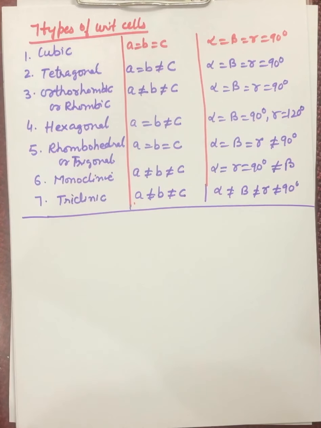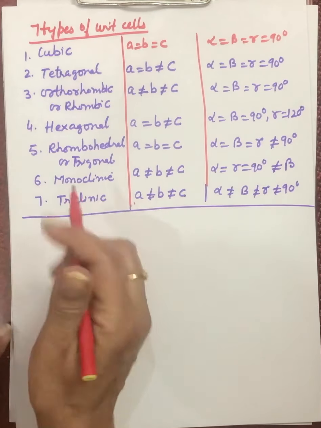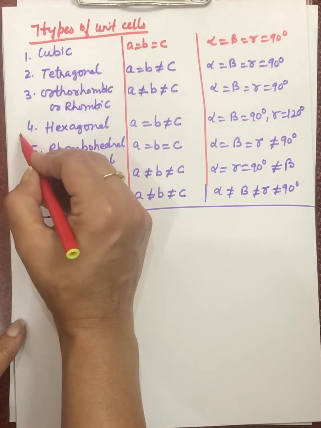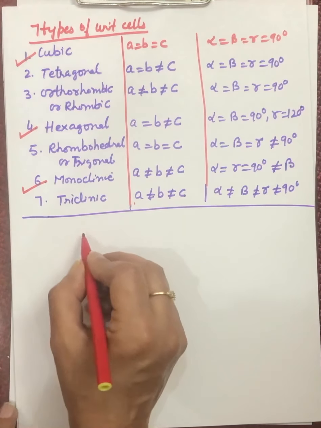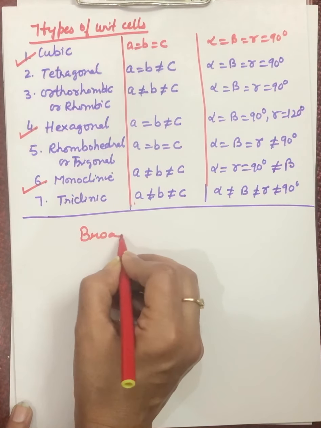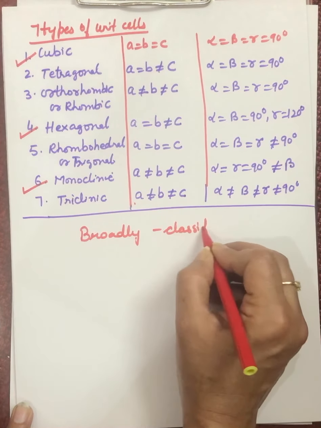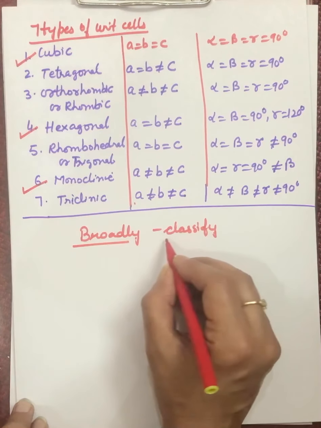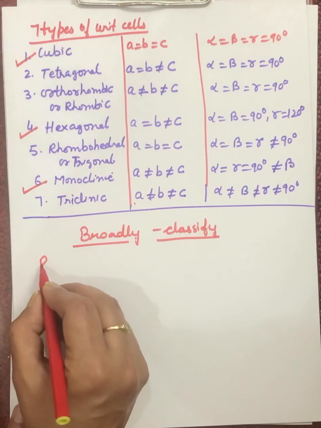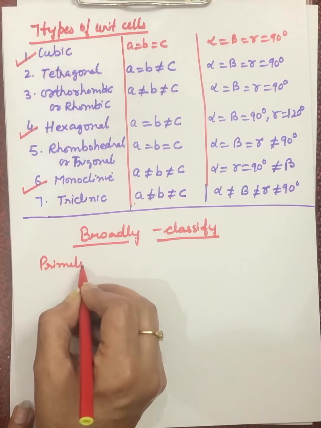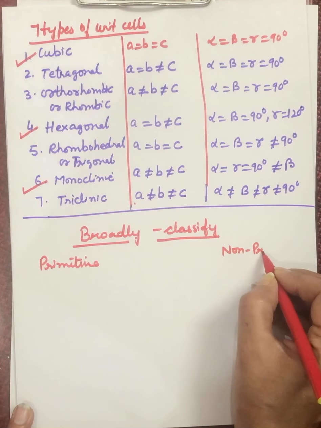Actually, if we see the NCERT book or the NCERT exercise, we need to know only the parameters of monoclinic, hexagonal and the cubic unit cells. Now broadly, if we classify unit cells, which we need afterwards for the next topics, then we have 2 type of unit cells: primitive and non-primitive unit cells.